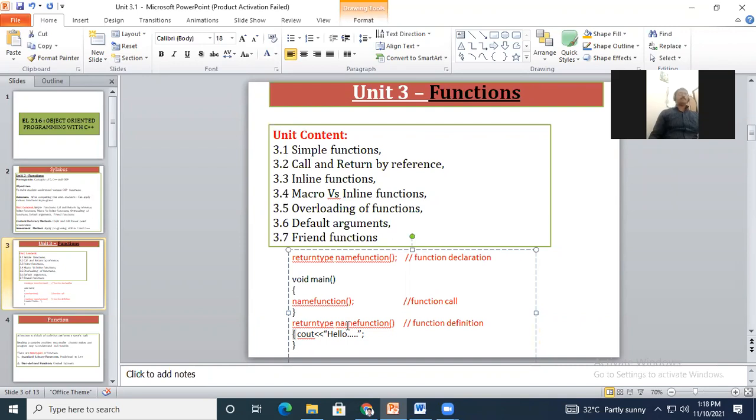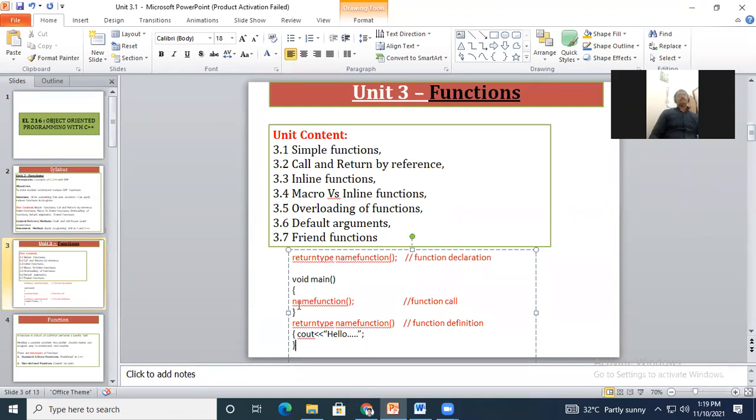Okay, with the help of open and closed curly brackets. So what your function should do, तुमच्या function नी नेमकं काय केलं पाहिजे. What your function should do is mentioned in the body of your function. And now when you wish to call that function, when you wish to execute that function, simply mention the name of your function in the body of the main function.